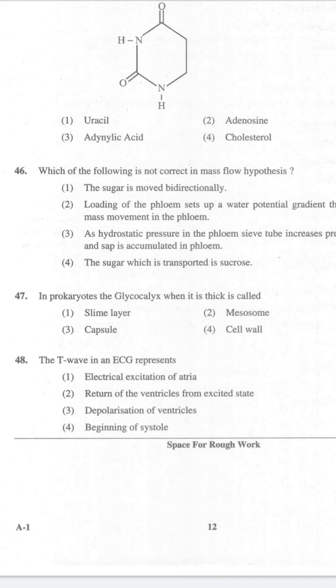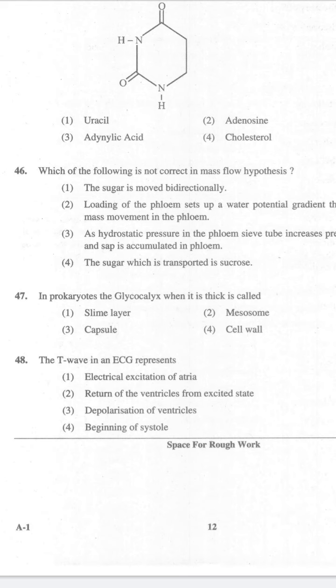Let's see the solution for this. Phloem is a conducting tissue that conducts the prepared food from source to sink. Increase in the solute in the phloem decreases the solute potential of the sieve tubes and creates a gradient that collects water into the cells from the adjacent cells. This increases the hydrostatic pressure from source to sink. As hydrostatic pressure in the phloem sieve tube increases, pressure flow begins and the sap moves through the phloem.